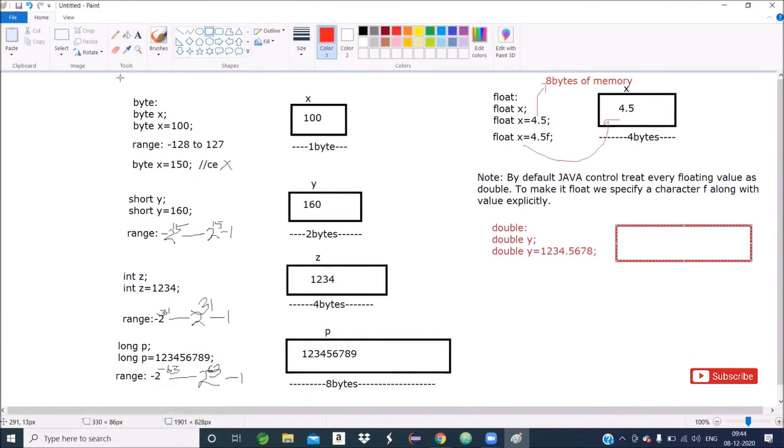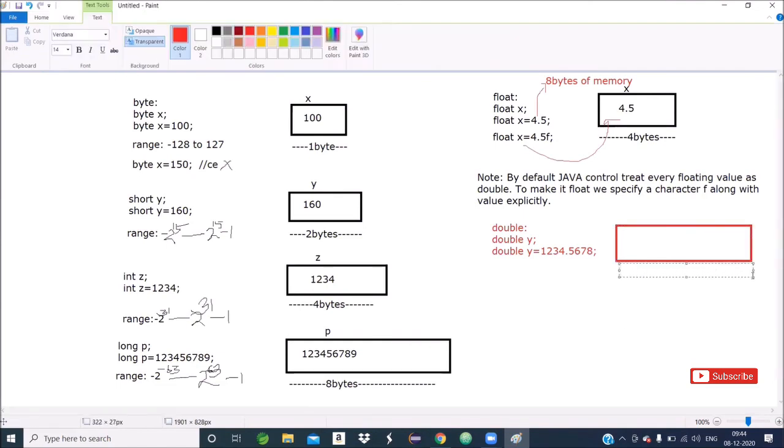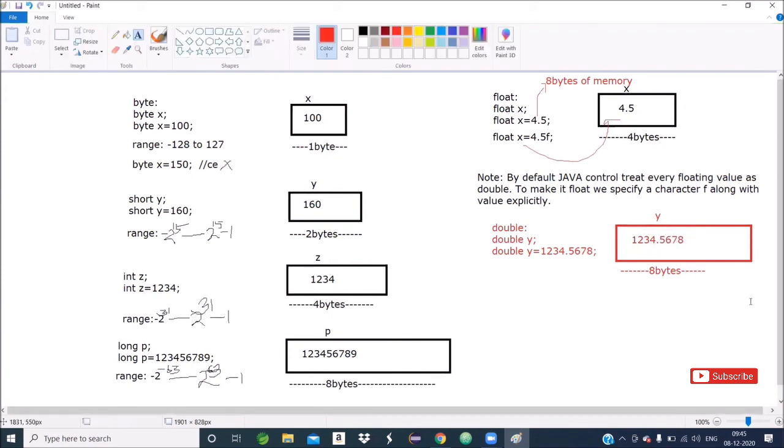Double occupies 8 bytes of memory. So 8 bytes of memory will be allocated, the name of the memory is y, and the value is 1234.5678. So this is all about the double data type.